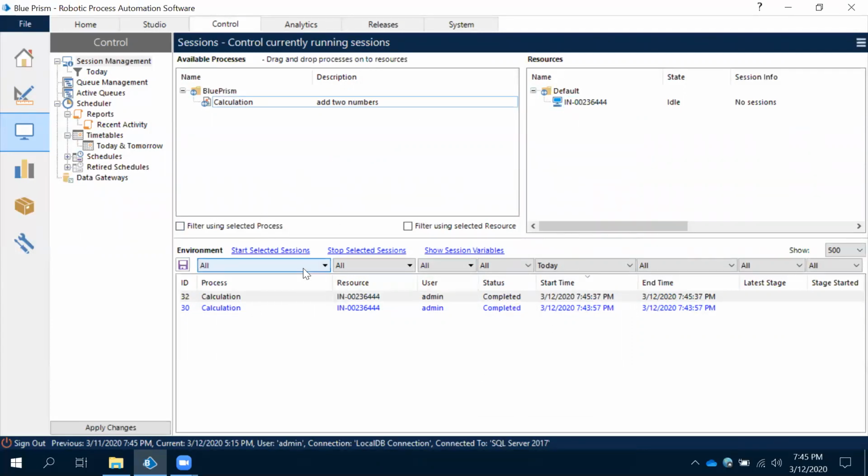So in the control room, the main things are available process, resources, and environment. Now, let's say our requirement is that we need to run this particular process on an everyday basis. Every day we need to run. Then every day we would need to move it from available process to resources, then click on the run environment. It is not possible, right? For that we have a scheduled option. Every day, at any specific period of time, we can run. Those things we will see in the next session.